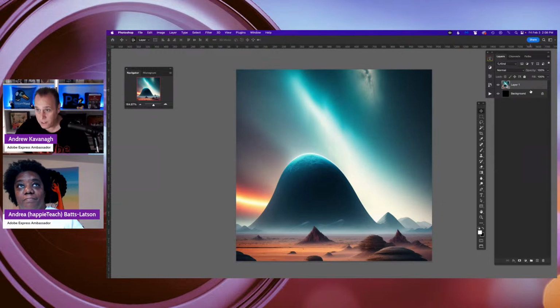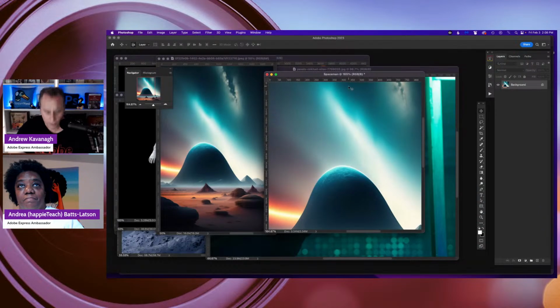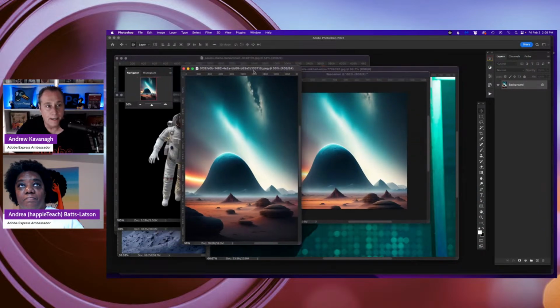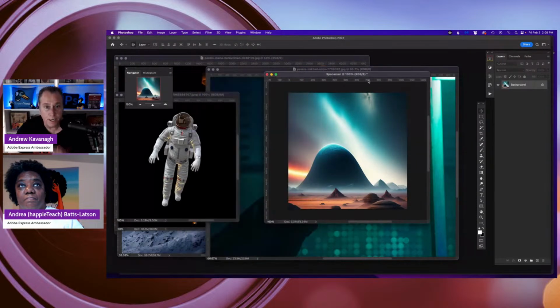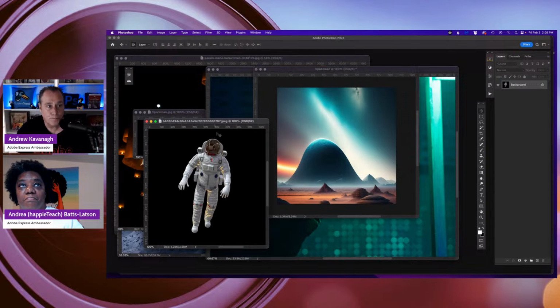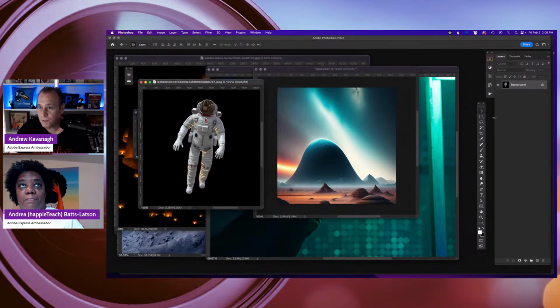Yeah, that'll be my background. And hit F a couple times just to get back. Command minus so you can see the full image. And then I tend to close any floating images I don't need anymore. And then I have this image of the astronaut, the spaceman. So I'll just do a simple Command J to jump the layer or create a new layer, turn off the